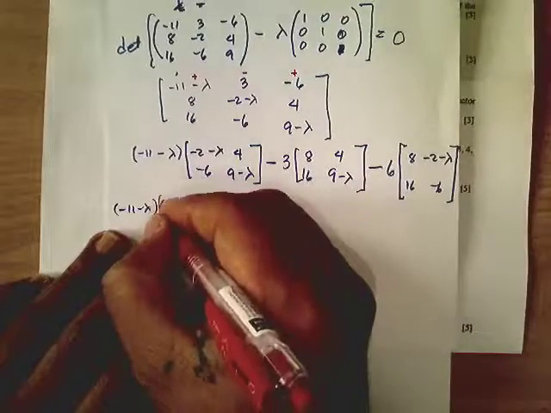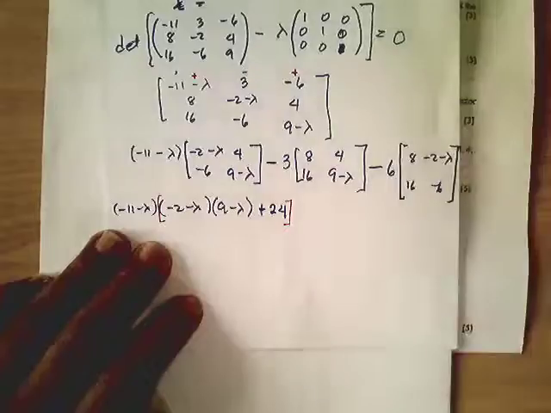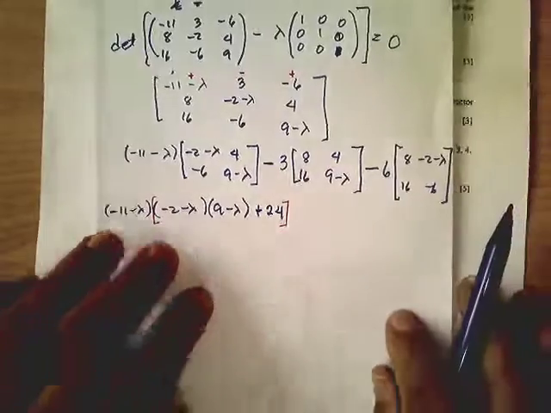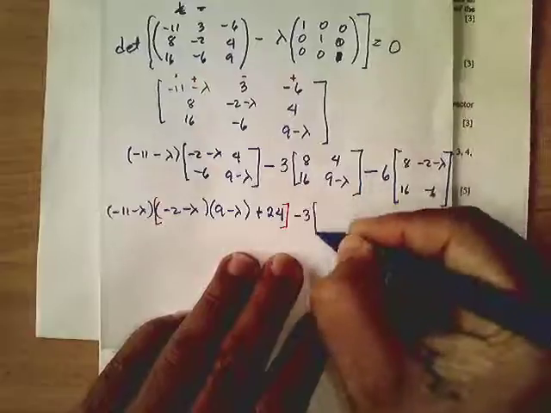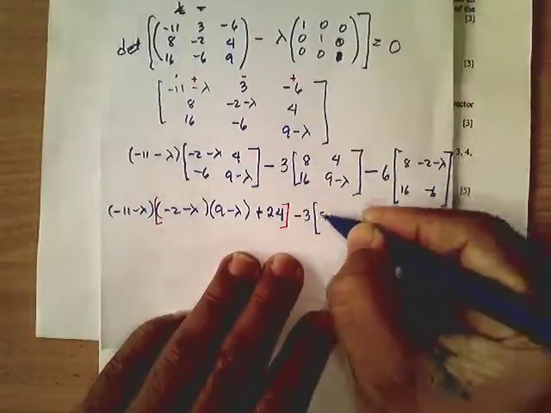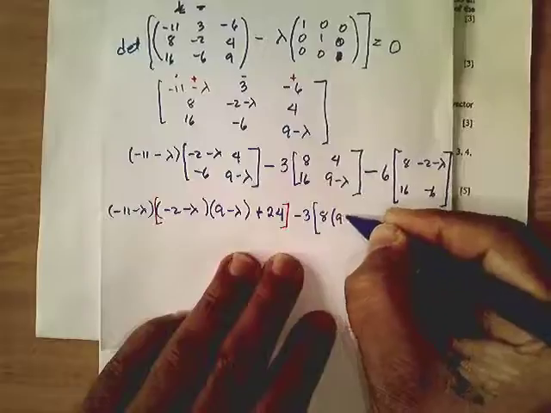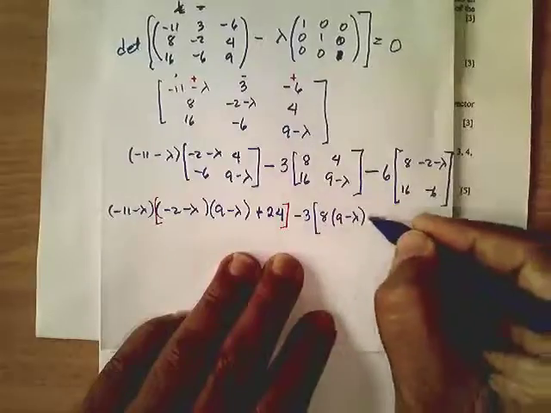And please don't forget that that is times that one, okay? And then do the same thing: minus 3 times 8 times 9 minus lambda, then minus